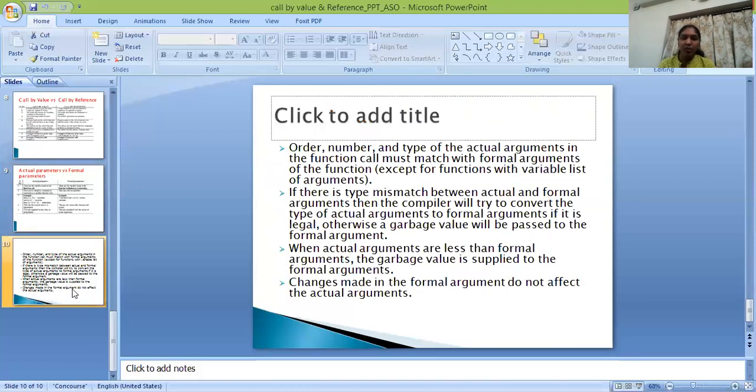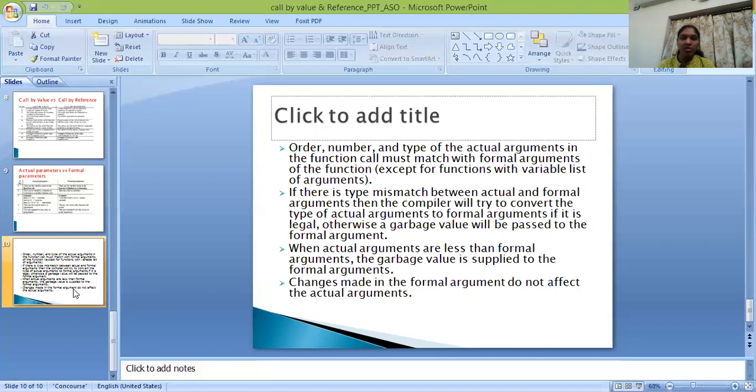Order, number, and type of actual arguments in the function call must match with formal arguments of the function. If there is a type mismatch between actual and formal arguments, then the compiler will try to convert the type of actual arguments to formal arguments, if it is legal, otherwise a garbage value will be passed to the formal argument.